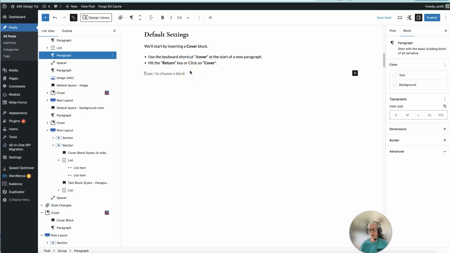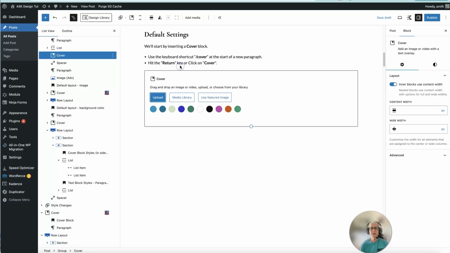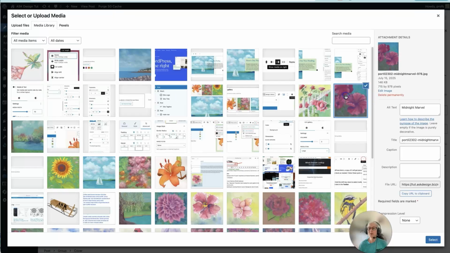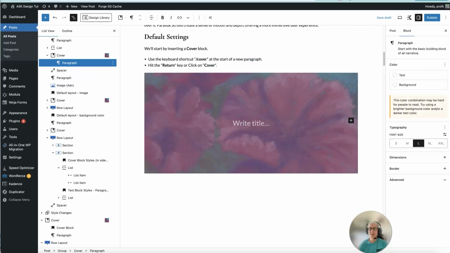We'll start by inserting a cover block. I'll use the keyboard shortcut of a / and typing the word cover. And then I'm given these three options. I could upload the image right here, go to the media library, or use a featured image. I like to upload my images before I do any of this stuff, so I'm going to the media library and I'm going to choose this image and click on the select button, and that's basically the default look and